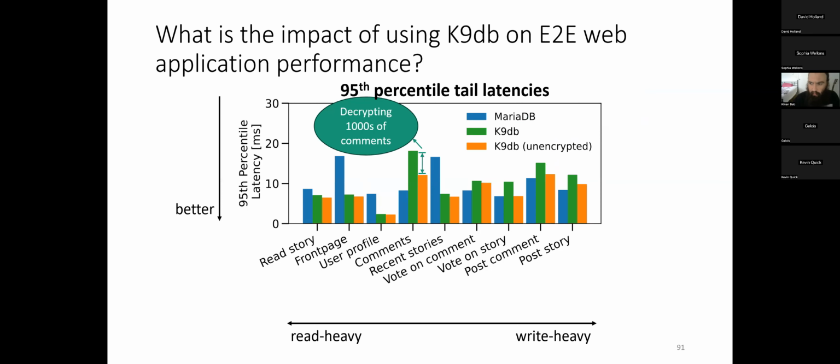So for example, the tail latency for the comments endpoint that I'm showing here corresponds to cases where we're retrieving comments on stories that are very popular and have thousands, if not more, comments. And so K9db must perform thousands of decryptions, one for each of these comments individually, as it's retrieving them. And this sort of overhead of encryption is in line with some of the related work that I will discuss